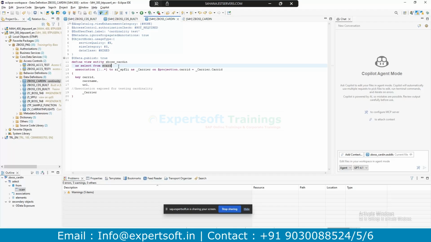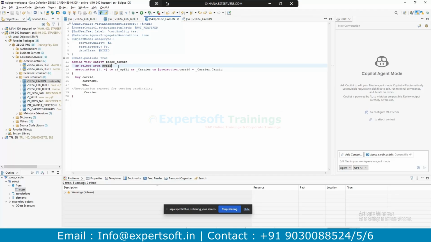If you fetch directly from the database table, it gives low performance. But when we do the same on a composite view or a consumption view, it has better performance. A composite view is not directly accessing the database table, but rather a basic view.